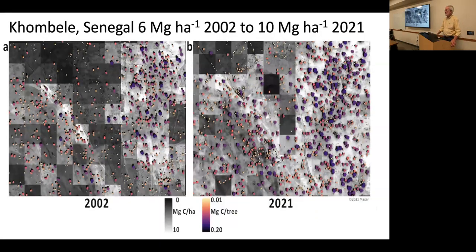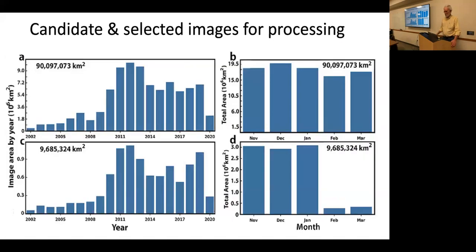In some areas, you see you have 2 time periods. Here in this area in Senegal, you have more than a 50% accumulation of carbon in trees, with a much longer residence time than herbaceous vegetation, from 2002 to 2021. So there's undoubtedly a huge carbon sequestration potential using these techniques. And this could only be improved in the future, but it gives an idea what could happen when you plant trees and then protect them, and major droughts don't come along.